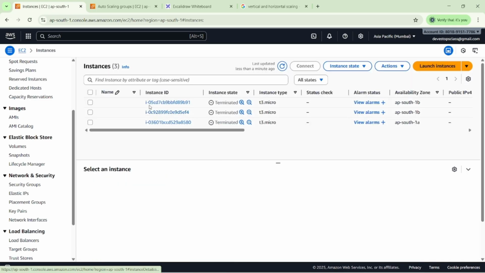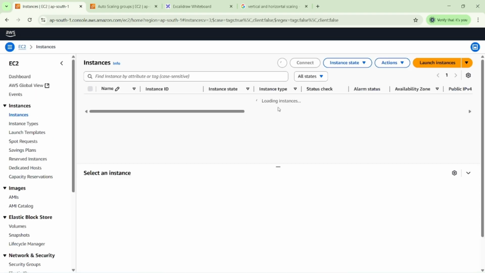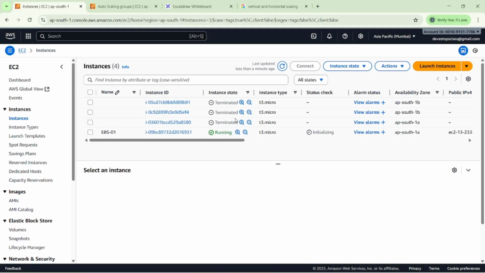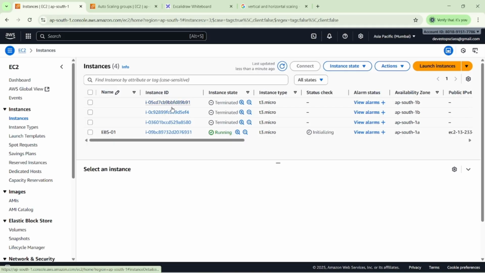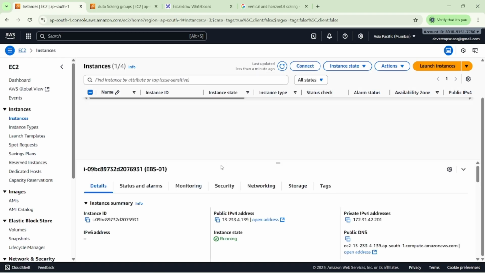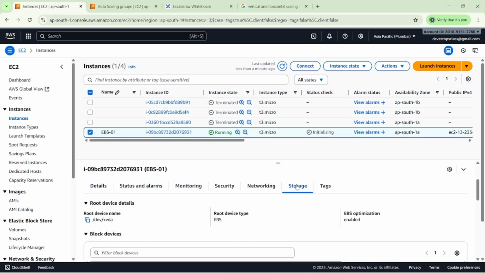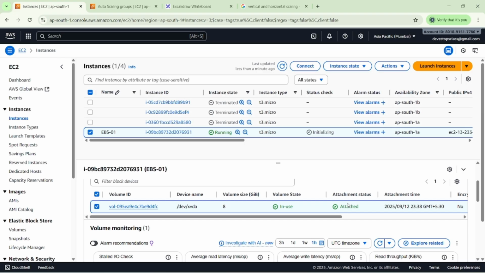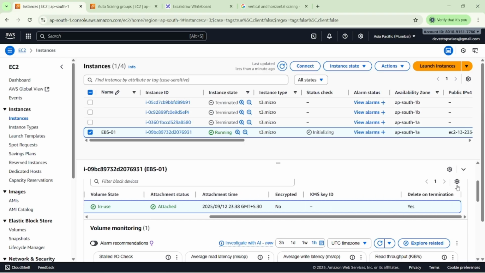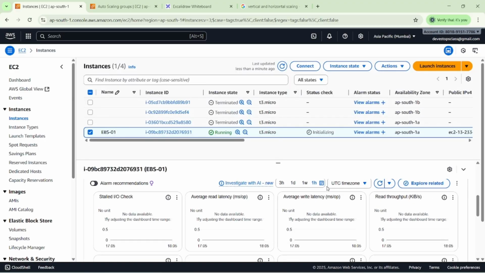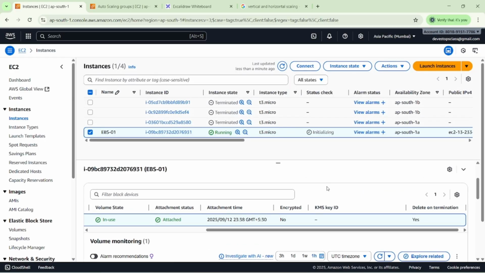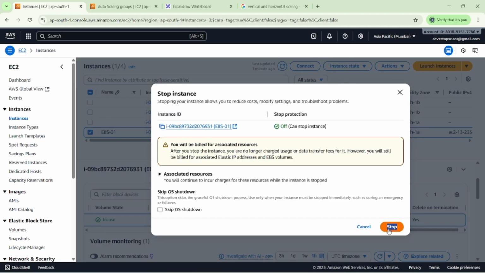This is the instance. Then you can see it will take some time here. You can see one instance is running here. So EBS1, these are already created from the autoscale side. If you want to increase the capacity for my EC2 instances, then we have the option. But while we have the running state, can we edit, can we modify our storage? No, we cannot modify any of the storage here. So first we have to stop our machine,